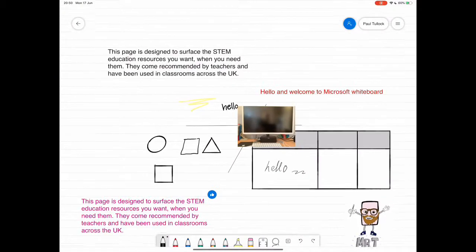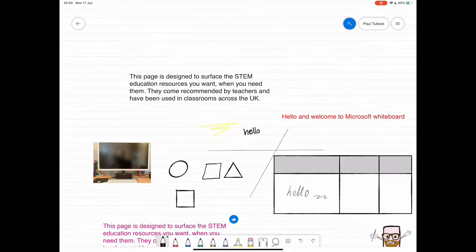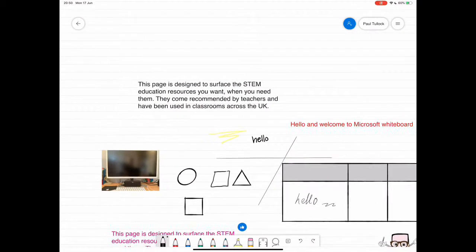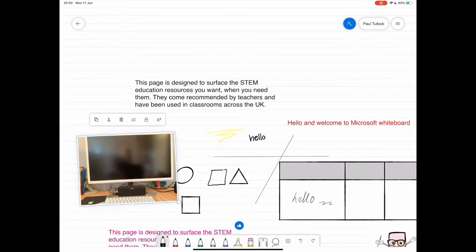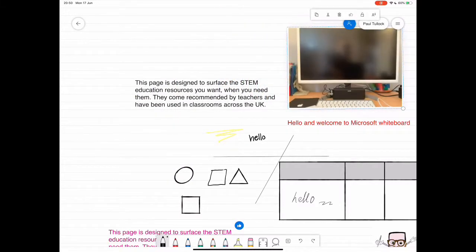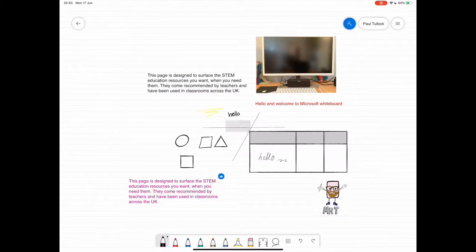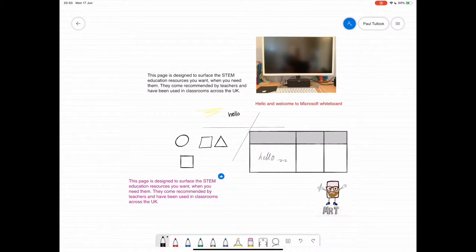Add that in. You can again just hold your finger on it, move it around, resize it, I believe. Just using the white button in the bottom corner and move that where it needs to be. Again, the canvas is pretty good. It's not infinite like an Explain Everything, but you do get a decent size. You do get a very decent size